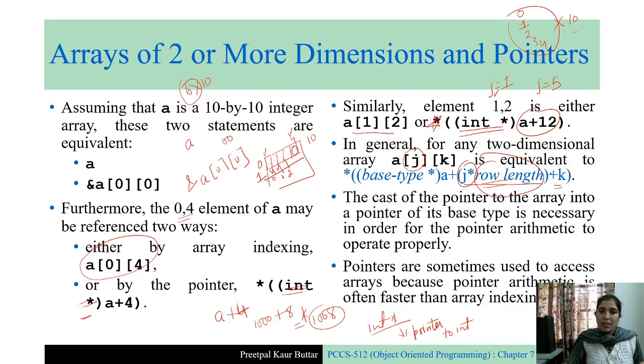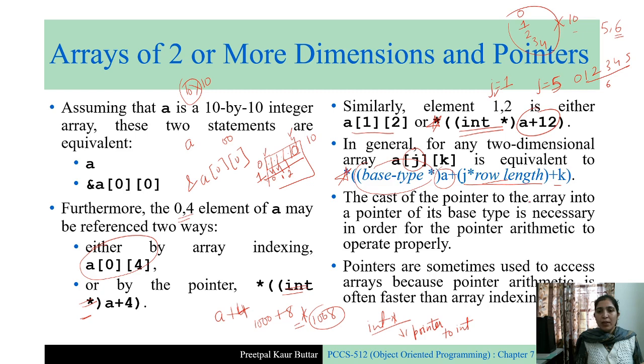And plus k. k means how many elements you want to jump in the present row. So if the present row is the fifth row and you want to access element 5, 6, how many elements are before 6 in the present row? 0, 1, 2, 3, 4, 5. There are 6 elements. That is why we are adding k here. So this value will be added to A, so we will reach the element where you want to go, and we will typecast it, and then access the value at that address.